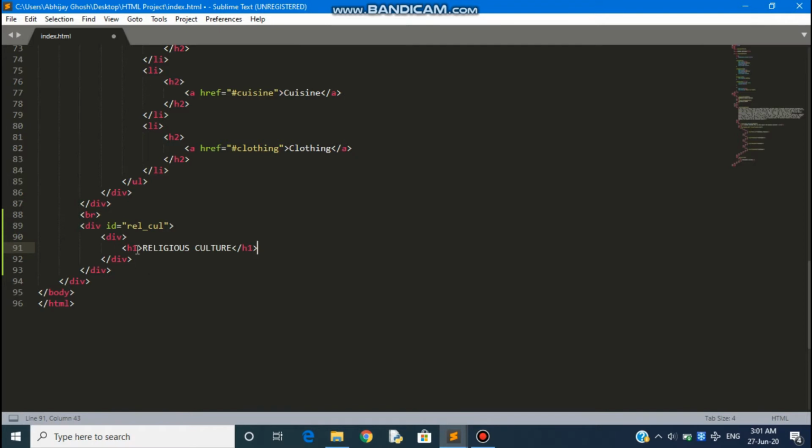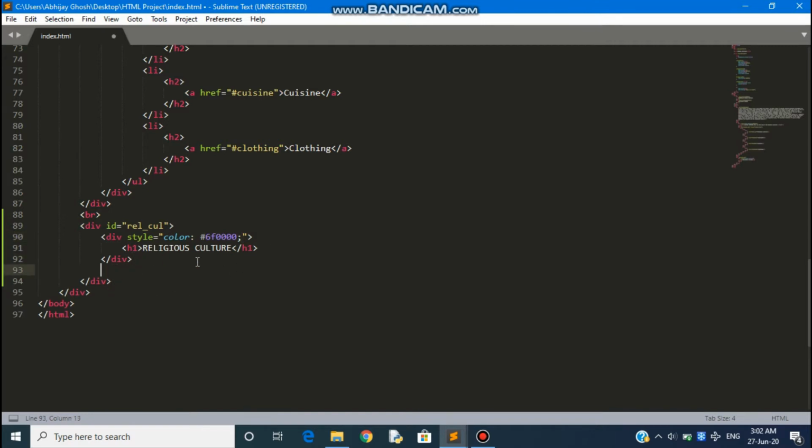The style element will contain a color which will be hashtag 06F00000.